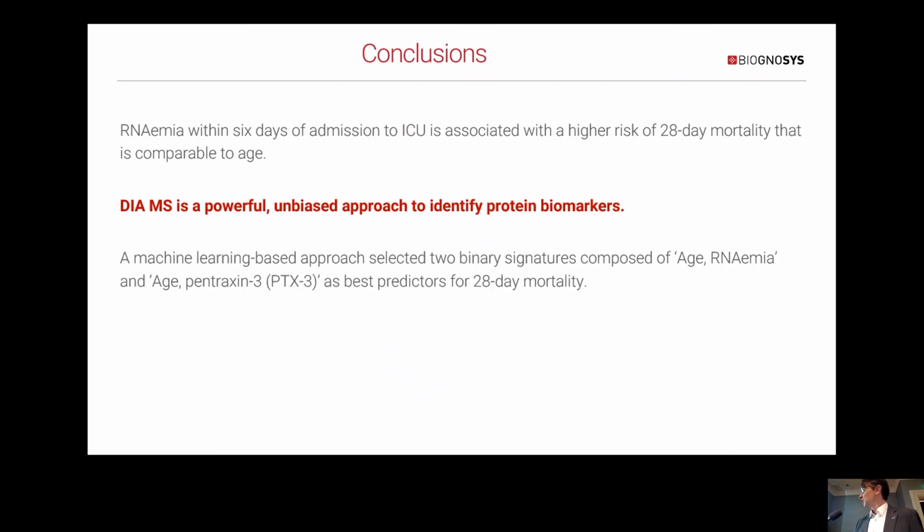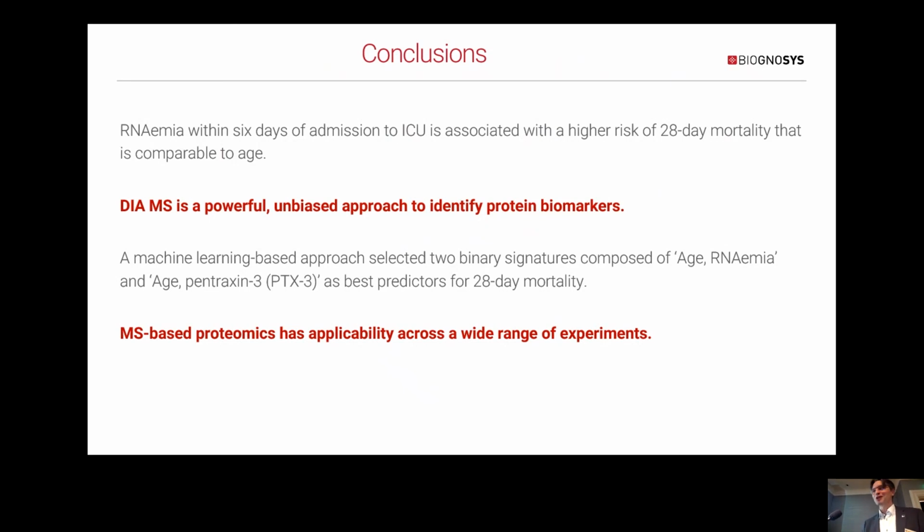Then we used a machine learning approach to integrate the information from the RNA data, the clinical data, and the proteomics. And the best performing clinical characteristic was, of course, age. But we could show that actually adding an RNA biomarker or a protein biomarker on top of age significantly improved prediction for 28-day mortality. What we like about mass spectrometry, I think that's why we are all at US HUPO, is